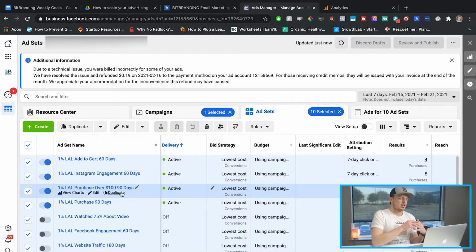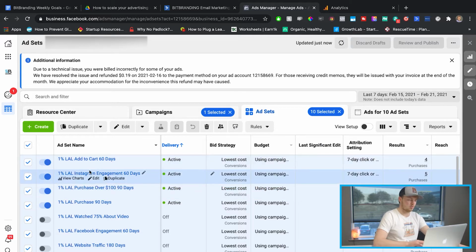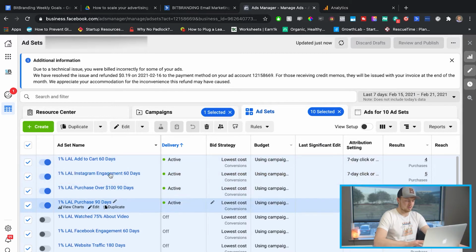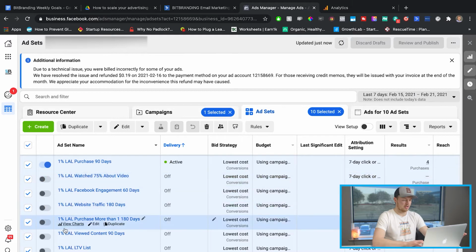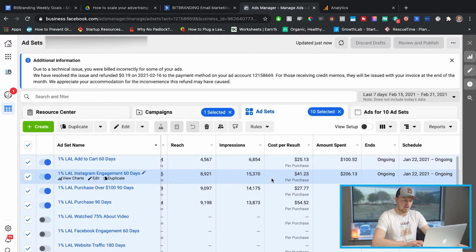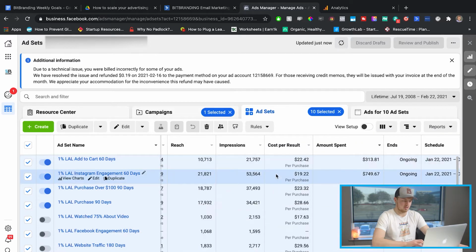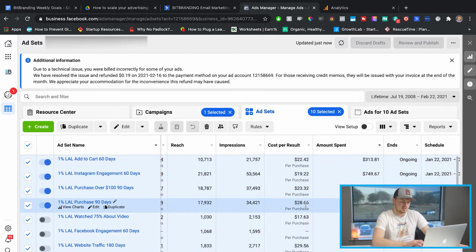And the best way for me to explain this is that if you have an audience that's maybe like 100 or 1,000 people have added to cart, or 1,000 people engage with you on Instagram, that's really a data point that you want to make sure that you're going to hit those people, and it's a good lookalike audience for you to have. We also had other ones here too, which we can look at lifetime, whether or not they were working. Right now we have one that's completely out. This is the last 7 days. Let's just go lifetime here. $22 purchase, $19 purchase, $23 purchase.